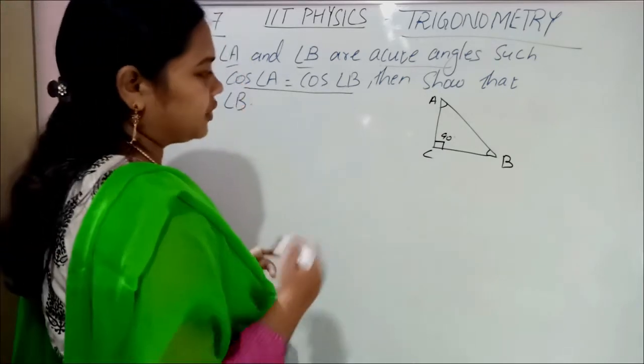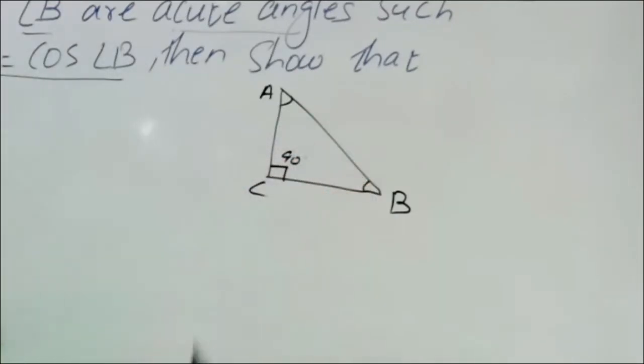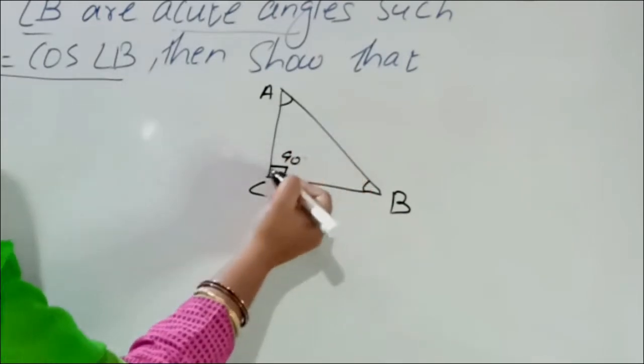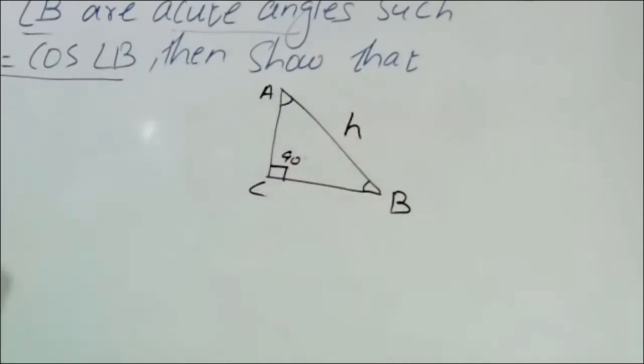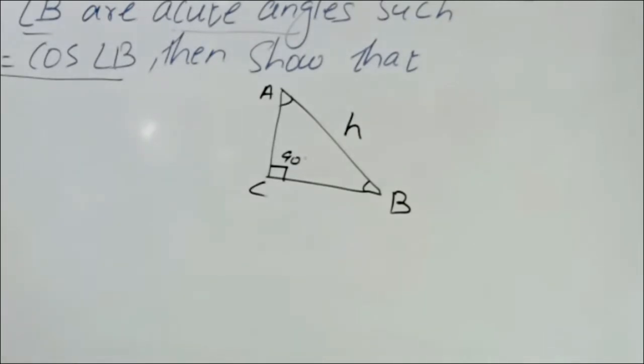Before going to do that, see the side opposite to the right angle. What is the side opposite to the right angle? We already know the side opposite to the right angle is always the hypotenuse, is it? So that is common, that will not change. Now what is your angle of reference? On that it depends which is perpendicular and which is base.